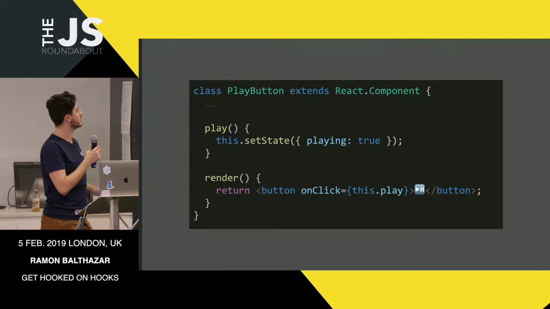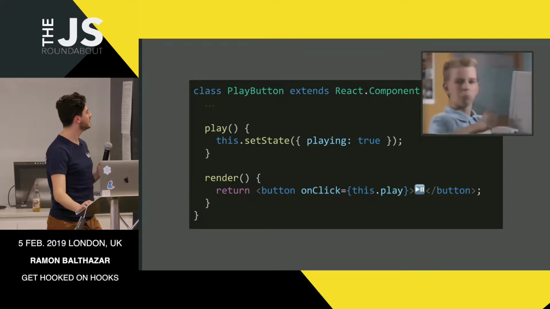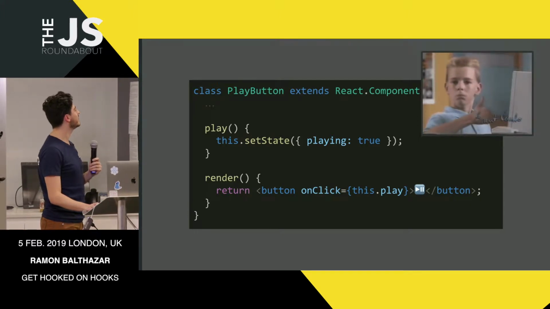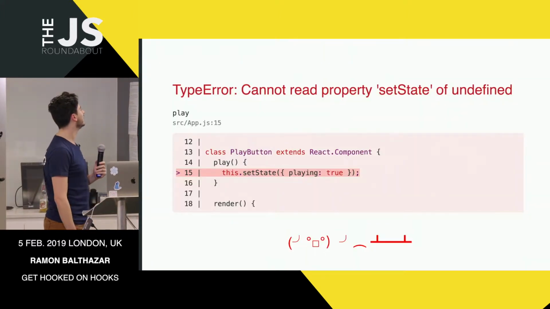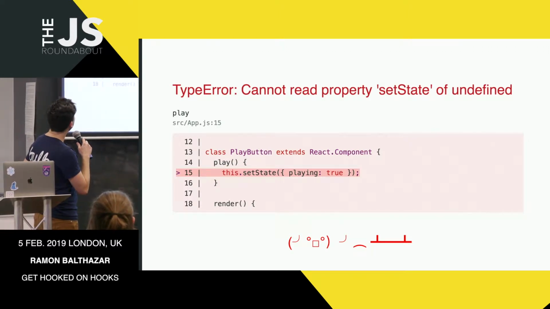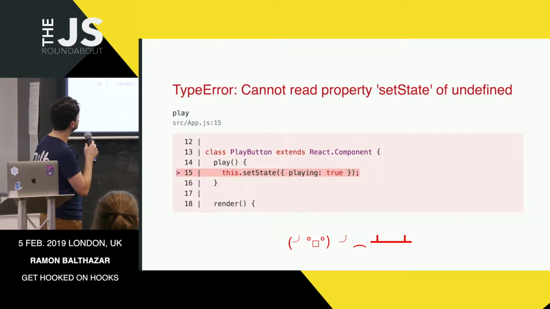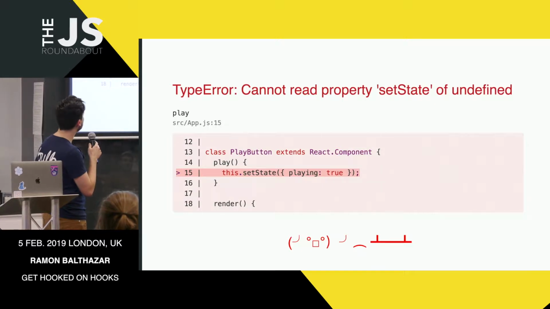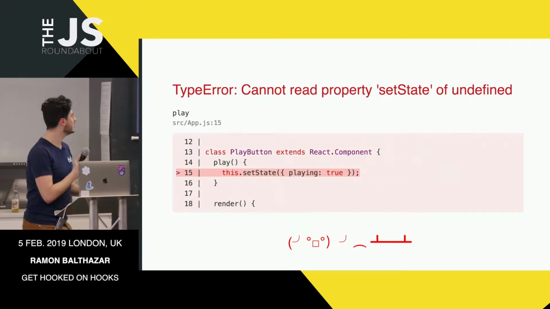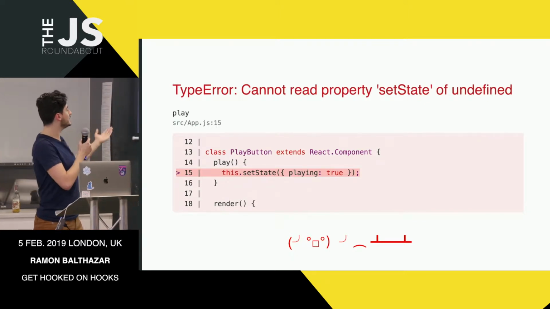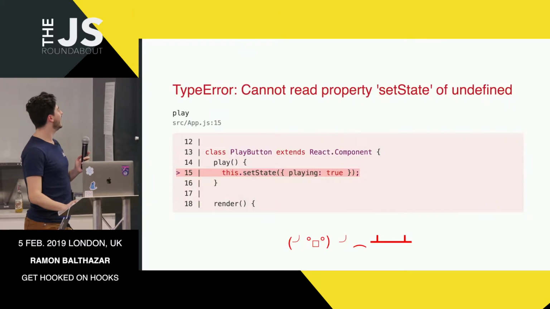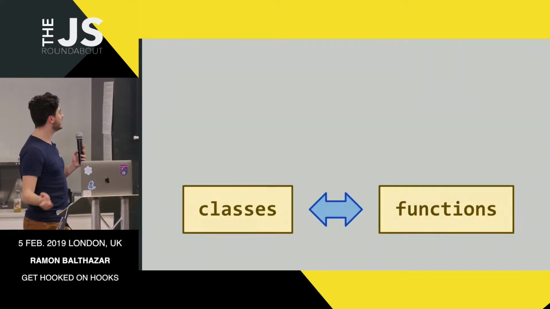Yeah, look at that code. Looks all right. I mean, yeah, I think it's fine. Then you save the file, refresh the browser. Oh, Lord. Okay, what's going on here? Cannot read property of setState of undefined. This is undefined. Oh, yes, that's right. We need to bind the instance to the method, to the class method, right? It makes sense.